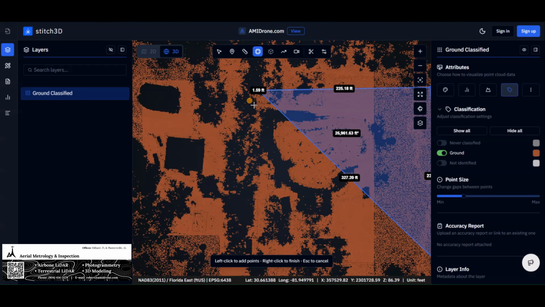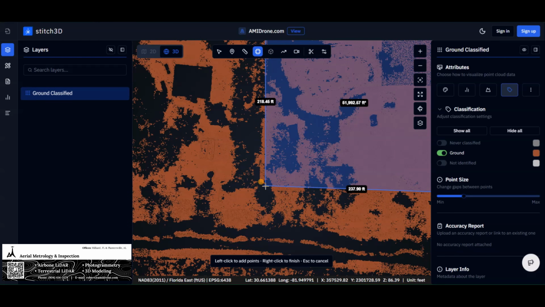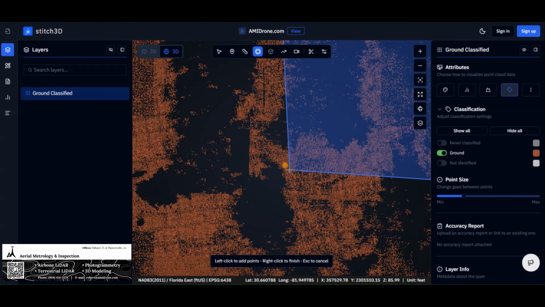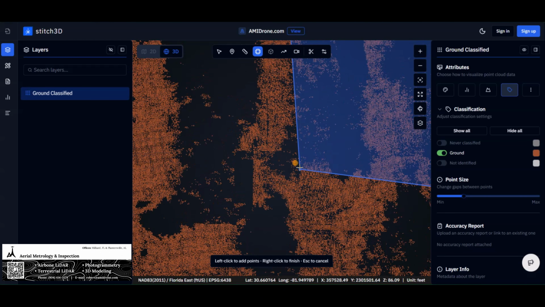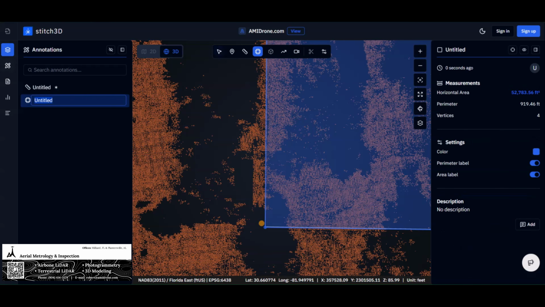So we'll make this line come out, and then you kind of eyeball the other side. So this can take you a couple of times to do it, but as we zoom in, the fence post is under a tree, so we didn't get a whole lot of points under this tree. But what we can do is line up the fence coming down this way with this one, and that's the approximate fence corner, right? So I want to end the area measurement. I'm going to right click, and then it gives us our area,